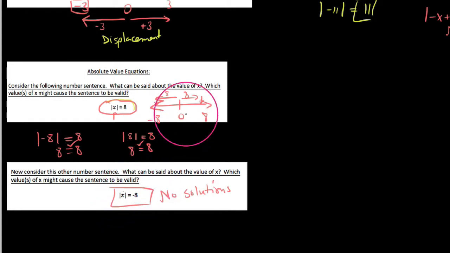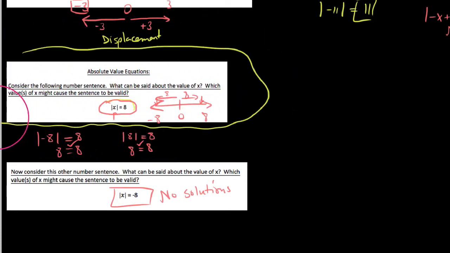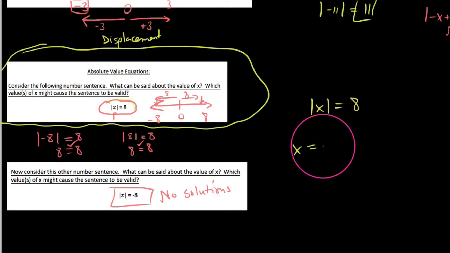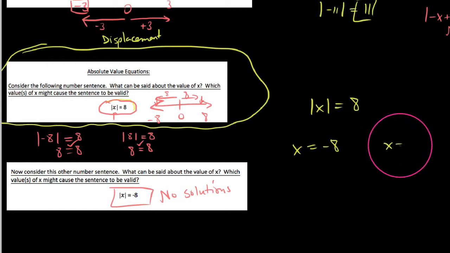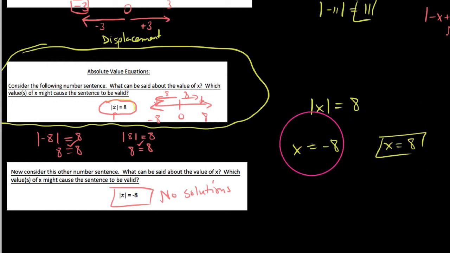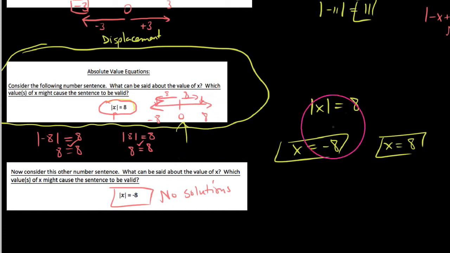Okay. The interesting thing is this one. Let's look at this line right here. The fact is, when we wrote that the absolute value of x equaled 8, we got 2 solutions, and we were able to determine that x equals negative 8 and x equals positive 8, and we could certainly see those on the number line. We had drawn that right here. But the thing I want to point out is this. What we had done was we had actually isolated, first of all, believe it or not, the absolute value on the left-hand side. So the absolute value is all by itself, but we actually rewrote